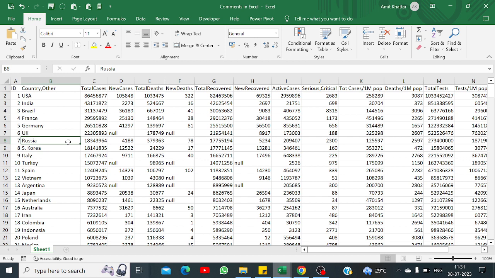So this is what I had about how to insert comments in Excel and how to work on adding and